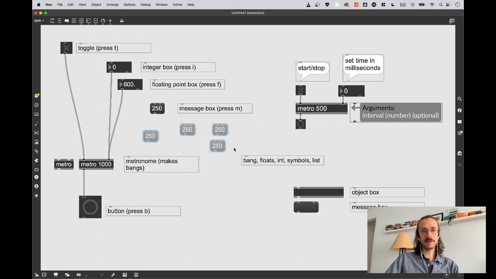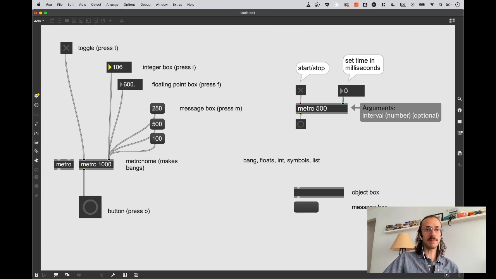And I'm using that here, so I can do 500 and maybe like, 100. I can connect these two to this Metro. And in this way, these boxes, I click on this box, then I can drag up and down, or I can type into it to change the value. But I could also click on these message boxes to send an explicit value, a particular number into this